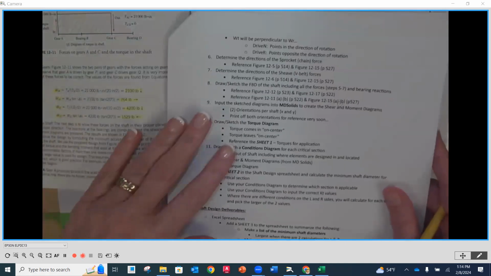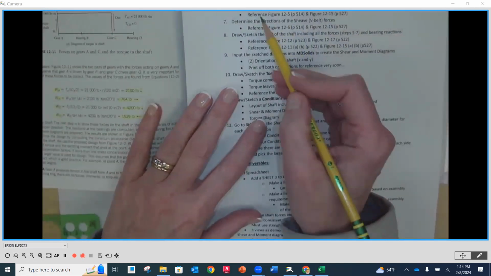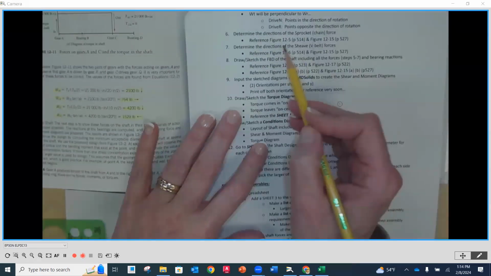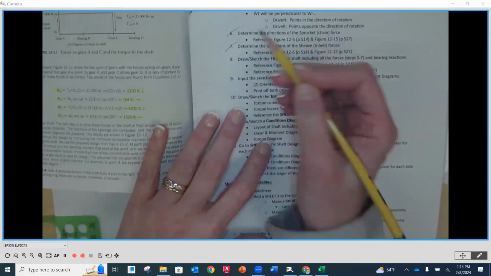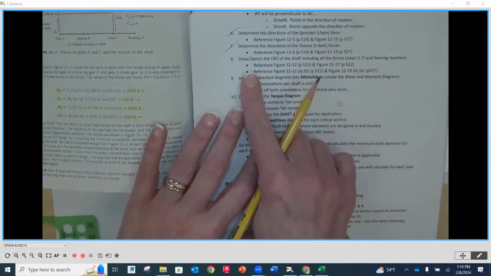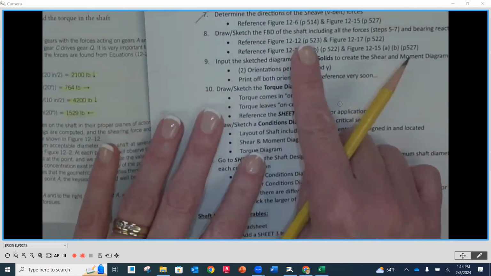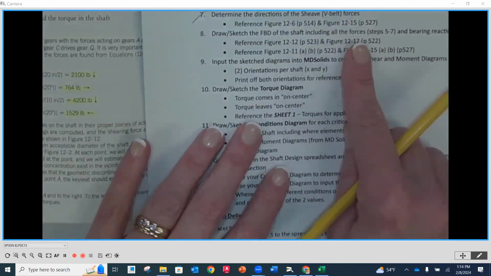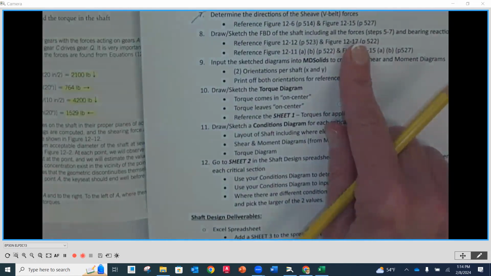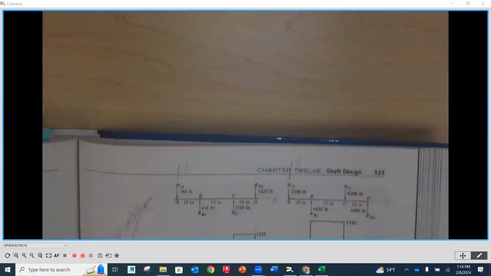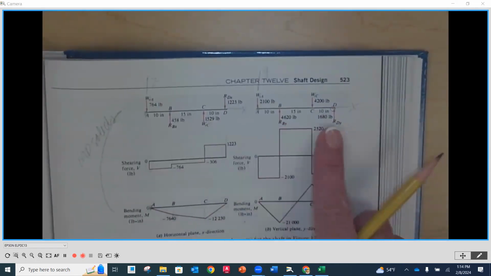Now, this would be determine the directions on a sprocket, determine the directions on a sheave. These are not applicable for us on this example. But number 8 is draw and sketch the free body diagram of the shaft using all the forces and bearing reactions. Okay, so what we are going for here is at the top of page 523, we're going to generate